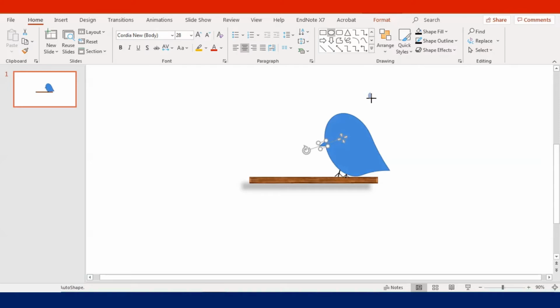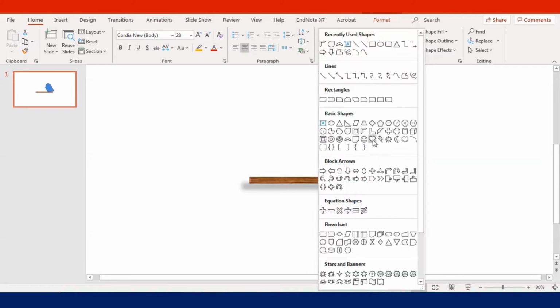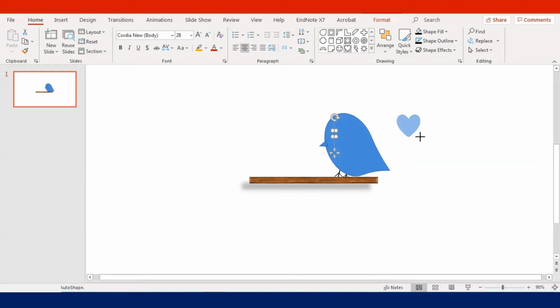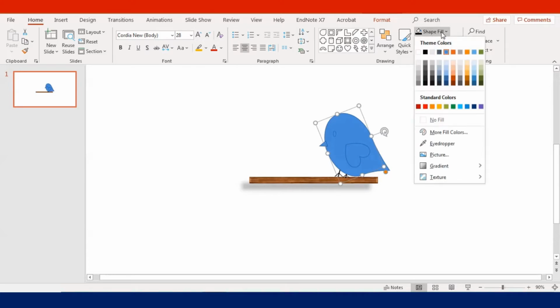And now you got the beak, and then the eyes, of course it's going to be like a circle shape or like an oval shape. It's just up to you as well. And for the wing, I find heart shape is a little bit easier than other shapes. I think it's the easiest way to make the wing of the birds with the heart shape, but that's up